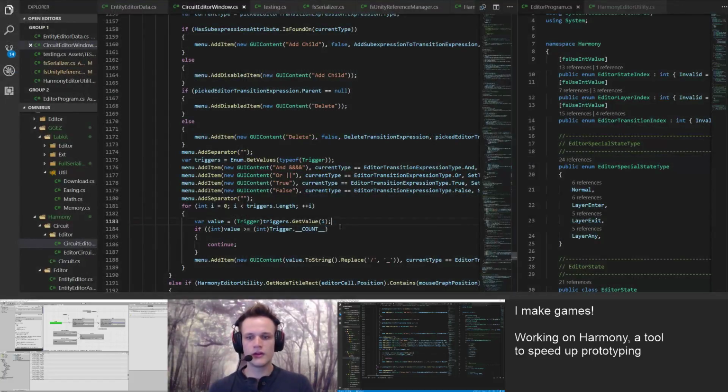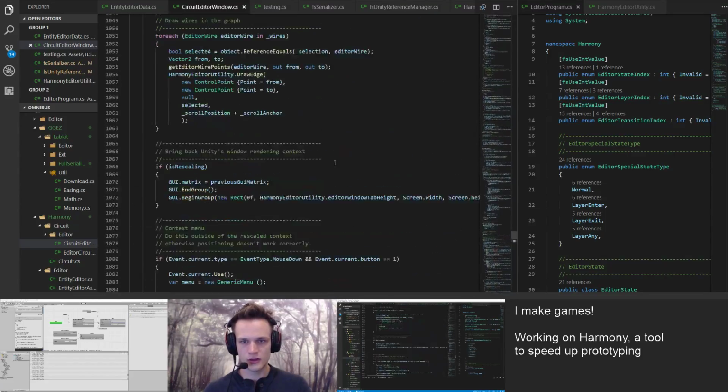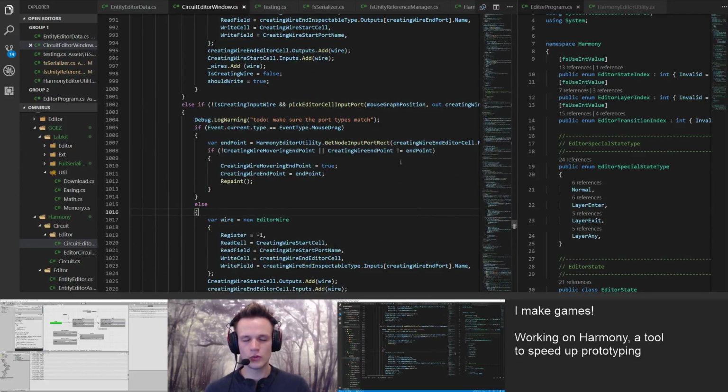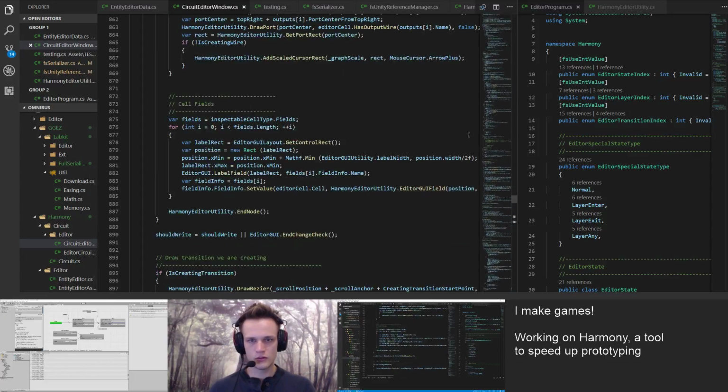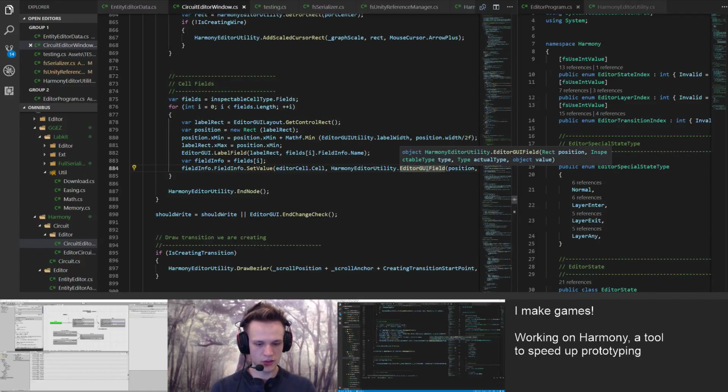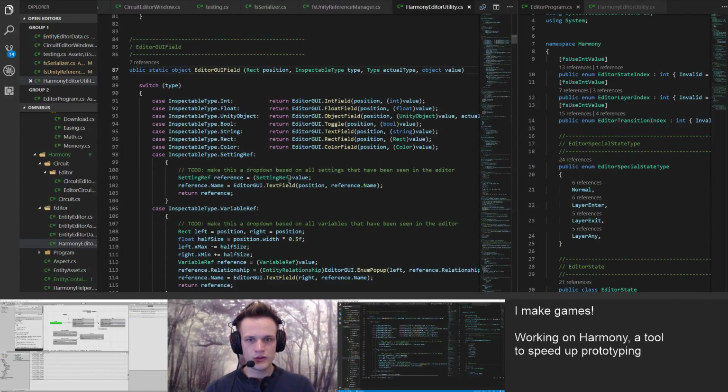So in this case, I think I should just add a custom drawer for this, which is not hard to do. There's a dictionary somewhere that maps my types to the drawer that I use, because I'm basically rewriting the serialized property thing that Unity usually supplies, which is what you would use to draw most of these fields if you're using Unity's main UI. But I'm doing it myself so that I have control over where I get to draw all these different fields and how I get to draw them. So I need to remember where I did that. It's editor GUI field. So under all these inspectable types here,